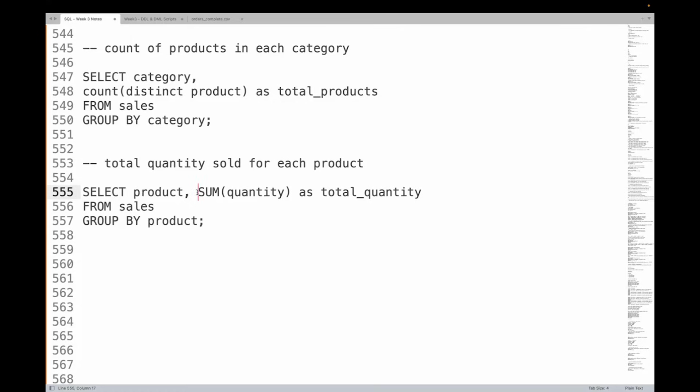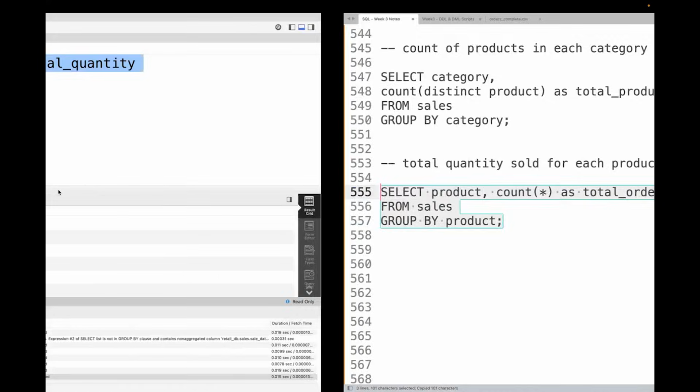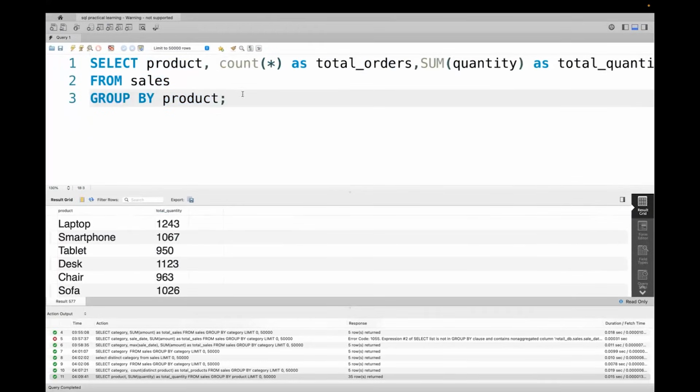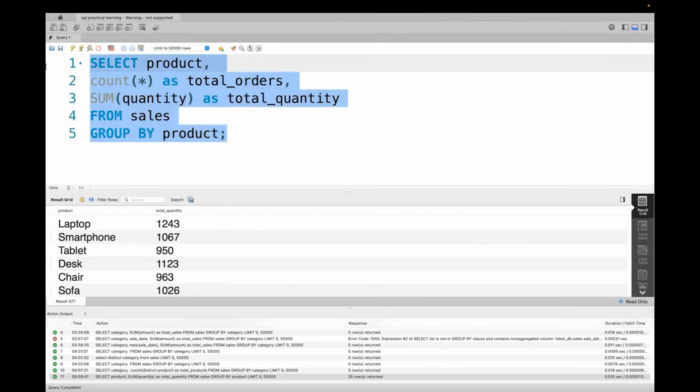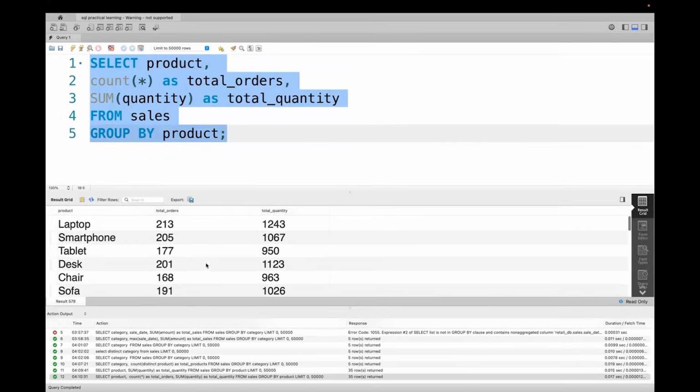I can just say count star. That means how many rows are there inside each, right? As total orders, right? So let me just run this. I'll just break it down like this. Okay. And you can see laptop across 213 total orders,